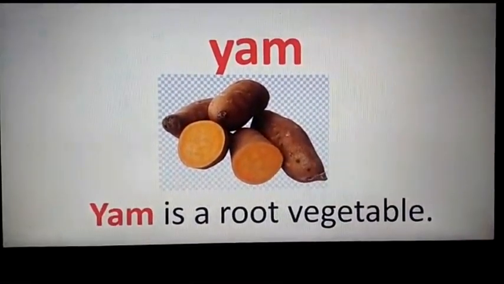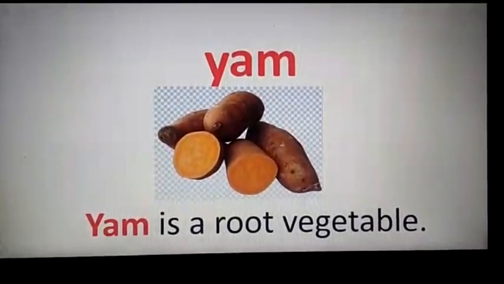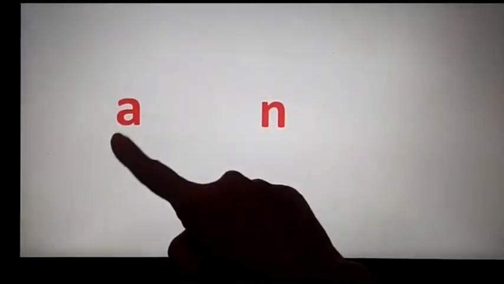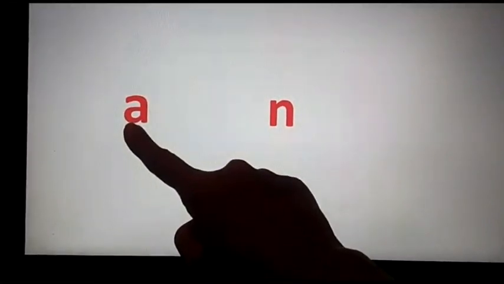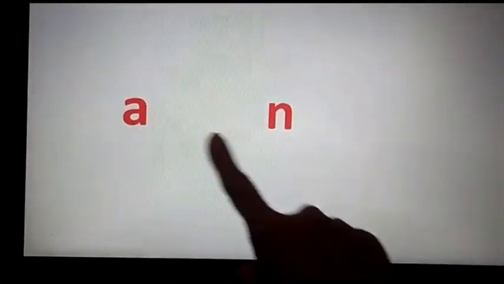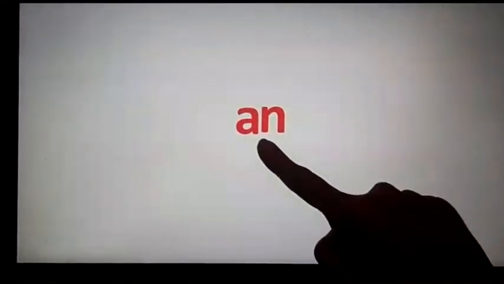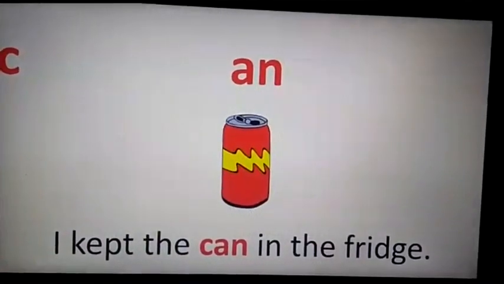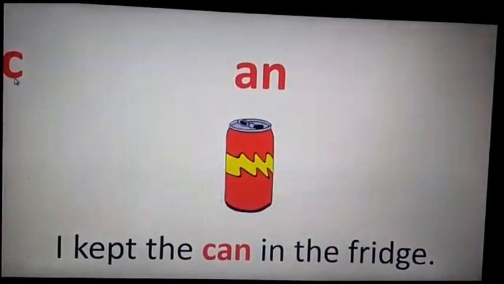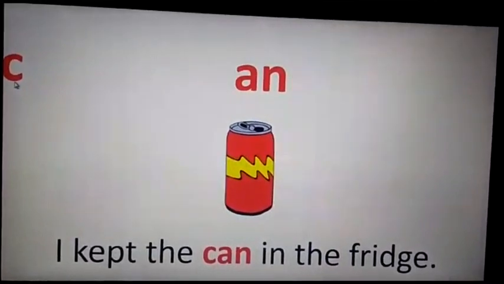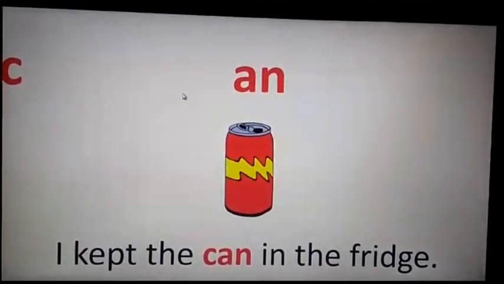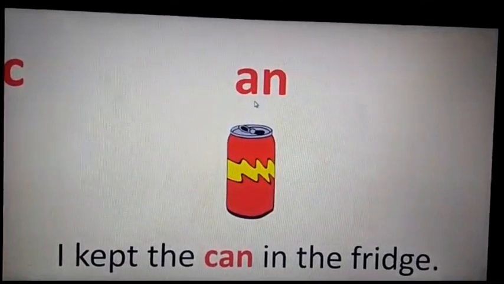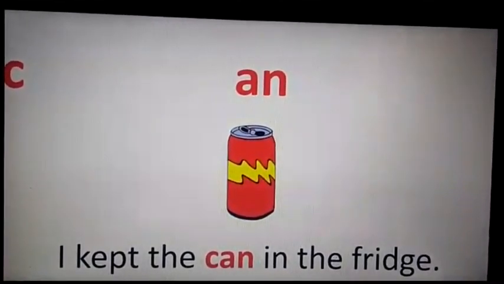Okay? Let's see which family word is scheduled next. It's A. When separately only A is there, it's N. When only N is there. But when they join each other, they become an. Now we will read it as an. Look at this slide. Which letter is this? You can read it. This is C. C says K. C says K. And this is N. So now let's see when C joins N, what happens?